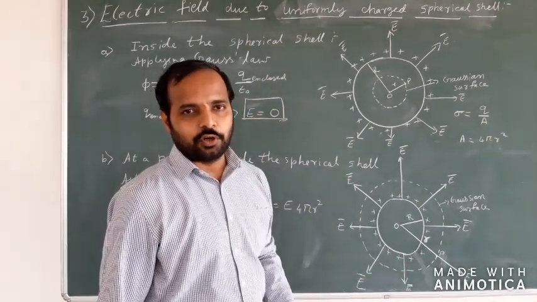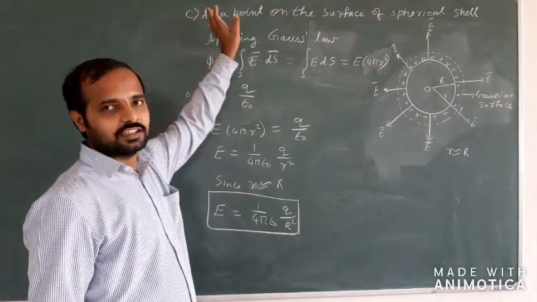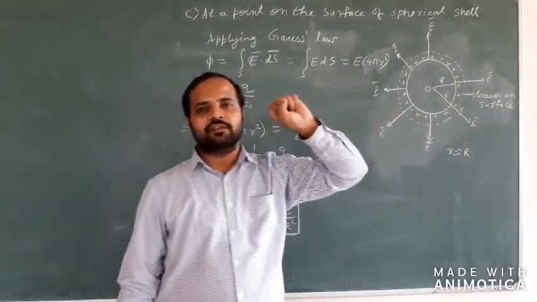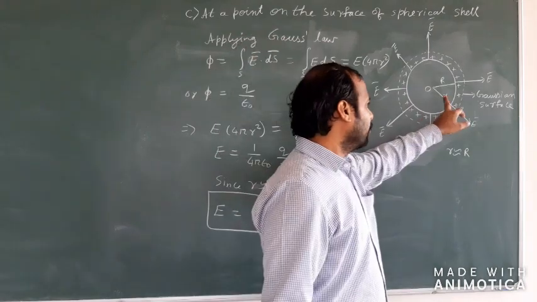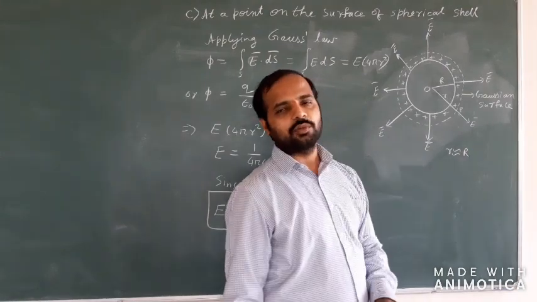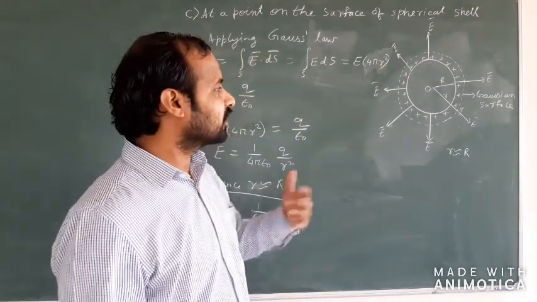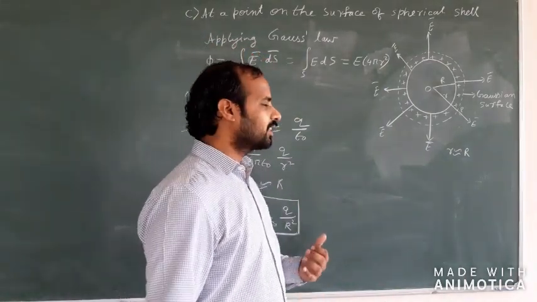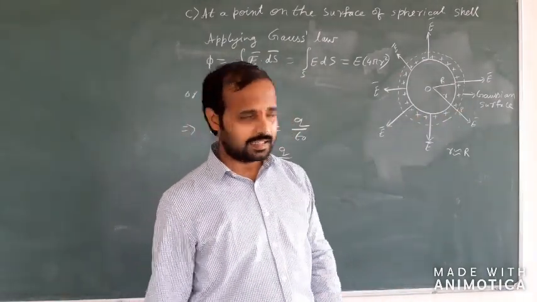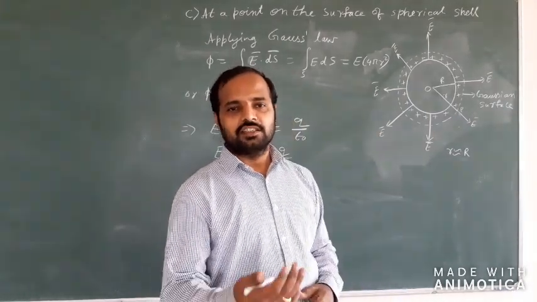Now let's go to the next point. In the third point, we are going to consider a point on the surface. Instead of considering the point on the surface, let us consider the same point very close to the surface at a distance small r, which is almost equal to capital R. That is, it is just outside the sphere. Why are we supposed to take it just outside the sphere and not inside? The reason is very simple: inside the sphere there are no charges enclosed, and for us to apply the Gauss theorem, there should be some charges enclosed inside a surface.